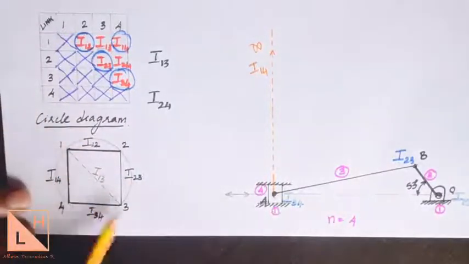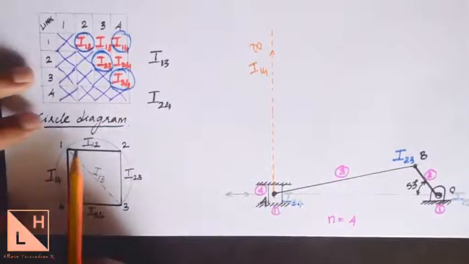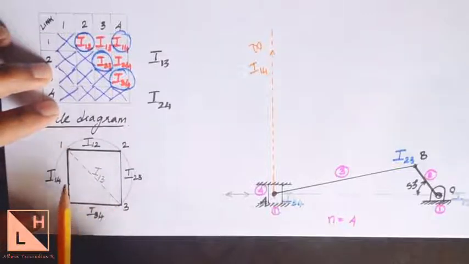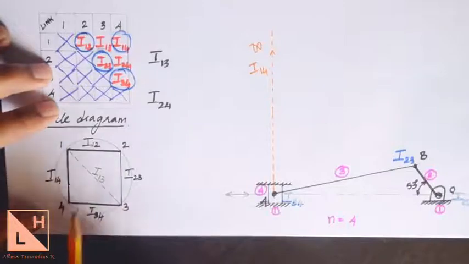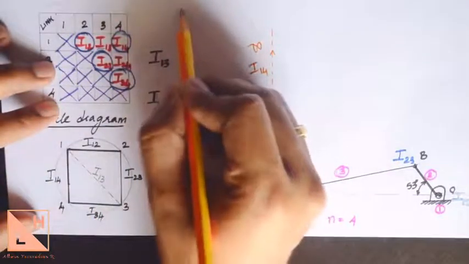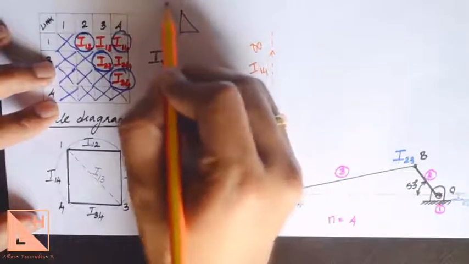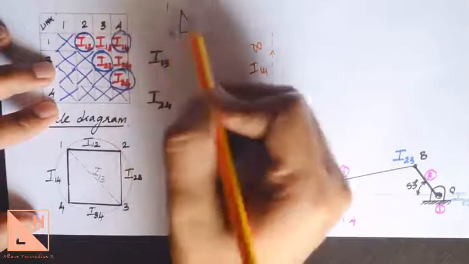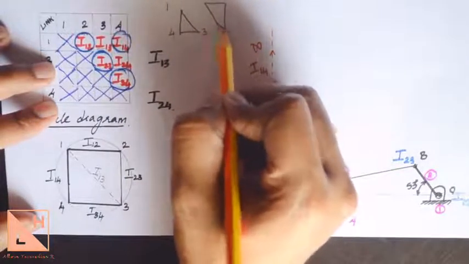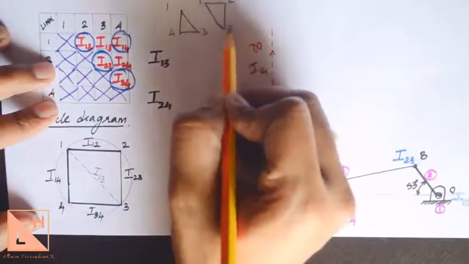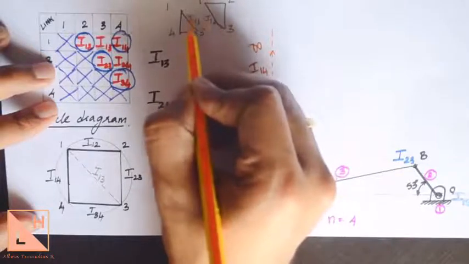So once I connect that 1, 2, 3, you are going to find 2 triangles formed in the circle diagram. So you can see here 1, 3, 4 is one triangle, and 1, 2, 3 is another triangle, right? So you consider these 2 triangles separately. So for your better understanding, let me just draw those 2 triangles separately. So this is one triangle, we have 1, 3, 4, and this another triangle, we have 1, 2, 3. So here I am going to get I13, here I am going to get I13.